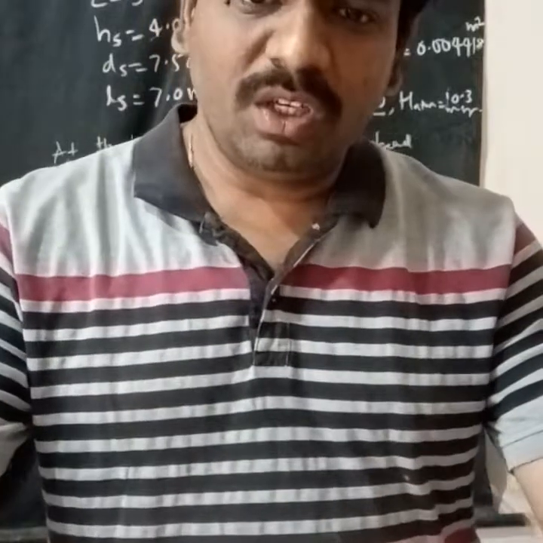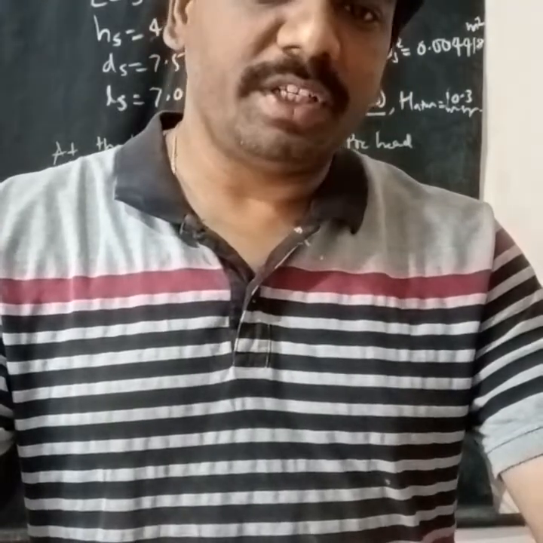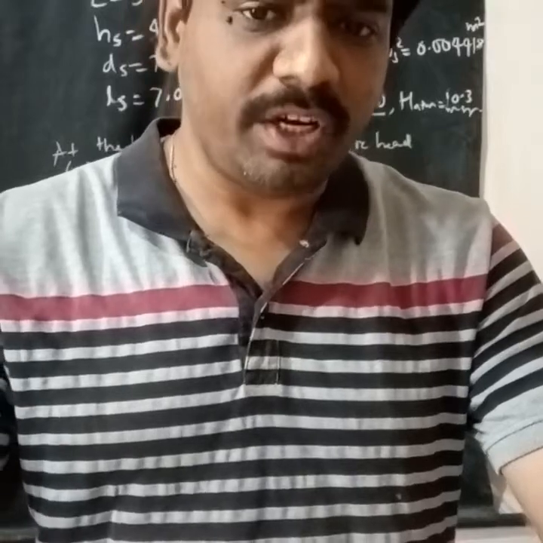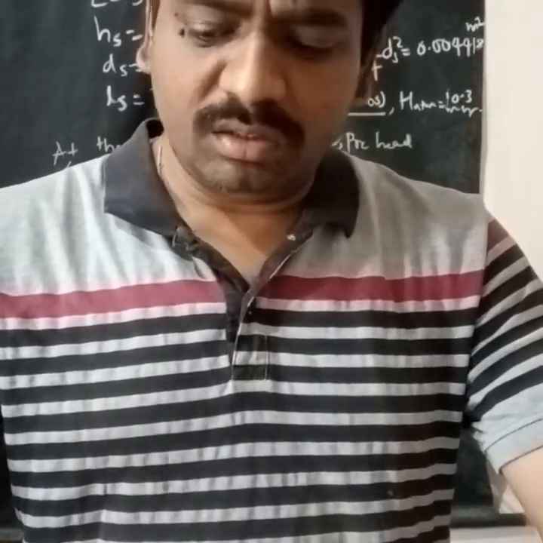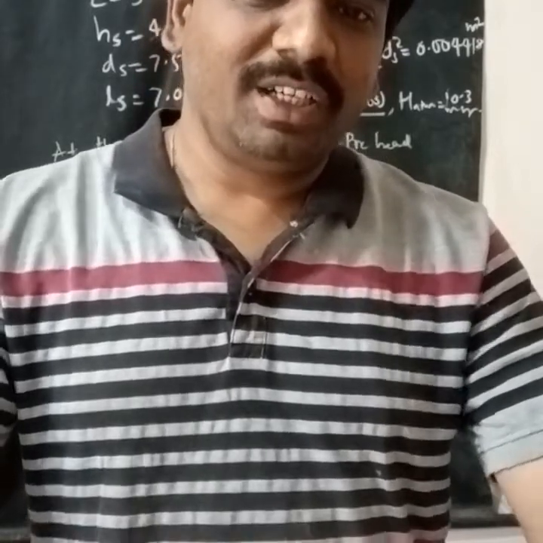So in this way, this is the third part of the reciprocating pump, and here we have finished the reciprocating pump. From your side, you have to solve some more problems on the reciprocating pump, and try to understand the indicator diagram and the effects on that indicator diagram thoroughly, so that it will be very easy to understand while solving numericals on the topic. So in this way, the reciprocating pump is over.